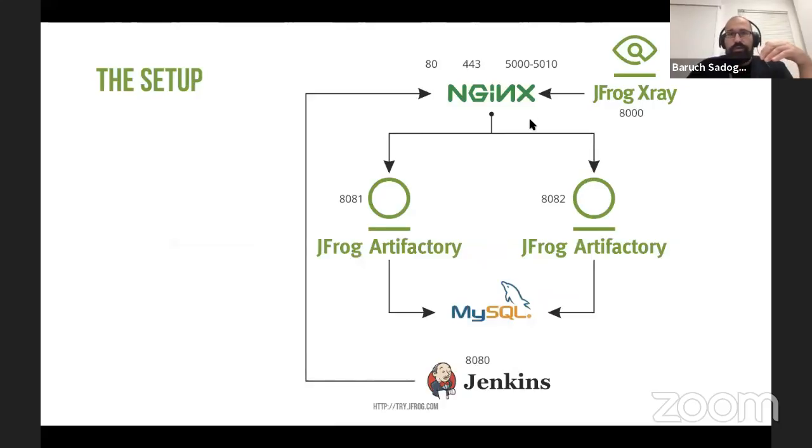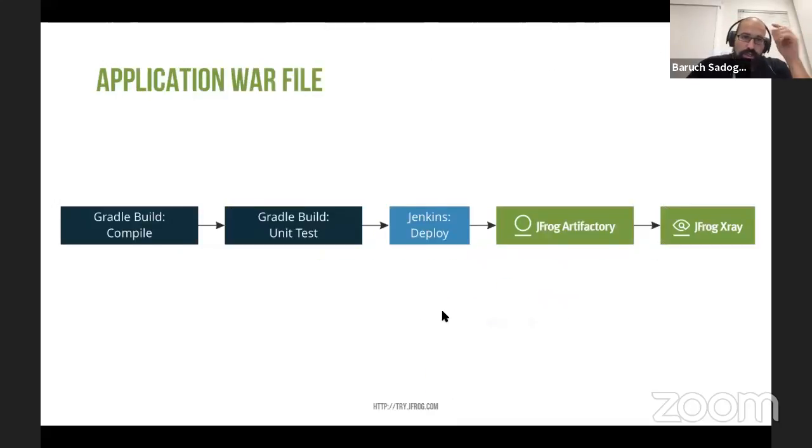So those are the 3 URLs that you see: one on port 80 for the Artifactory HA config, X-Ray, and Jenkins. Before we go, and inside Jenkins, you will see